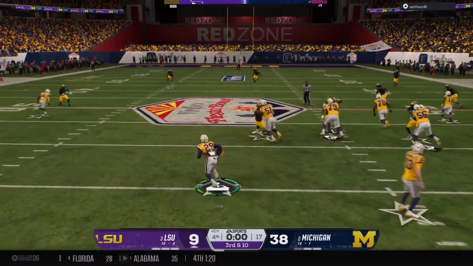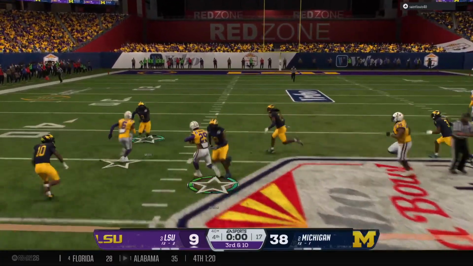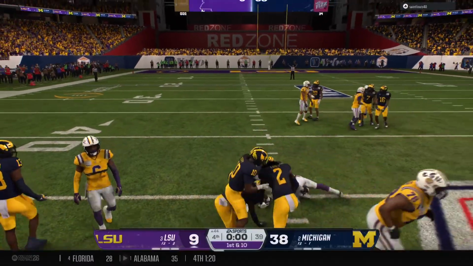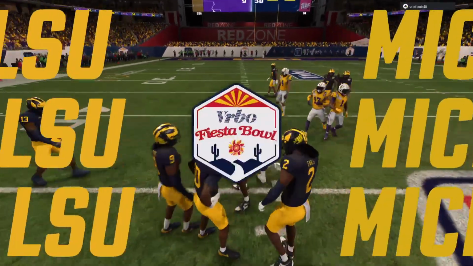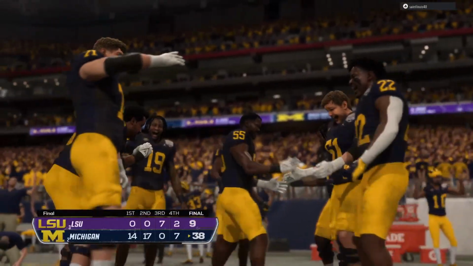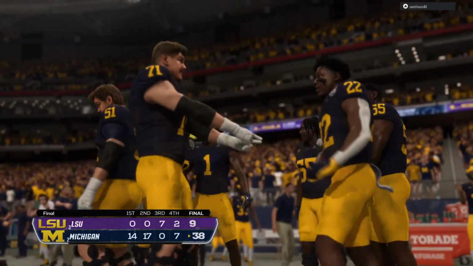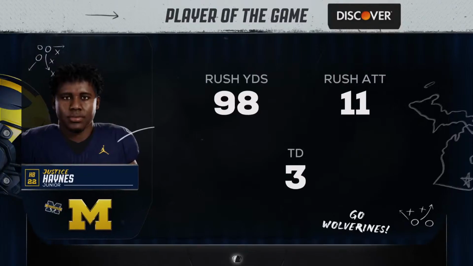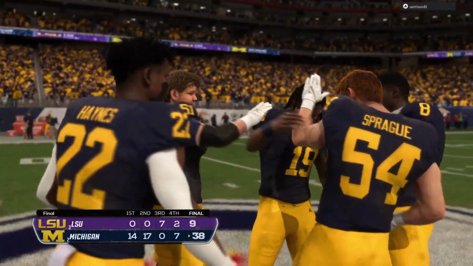A direct snap. Breaks free. He can't stop him. And they wrap him up and bring him down in what is the final play of the game. Of course, in the playoffs, it's survive and advance. This is a crucial W. Great performance, but now the stage gets even bigger. The challenges will continue going forward. Yeah, more and more pressure will grow as this team continues to win football games.